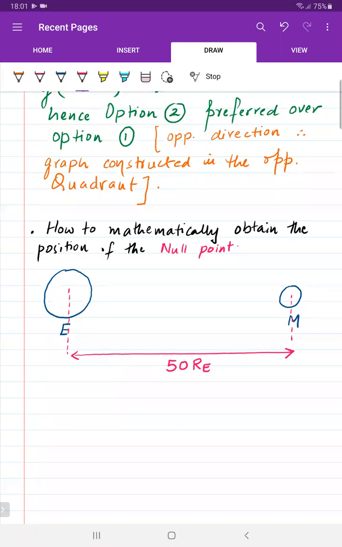So earth and moon are separated by a total distance of 50 RE, where RE refers to the radius of the earth. Okay, the question is asking us